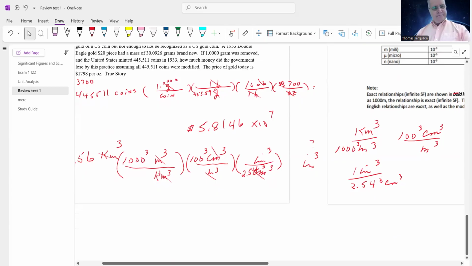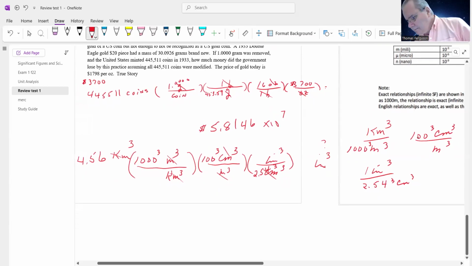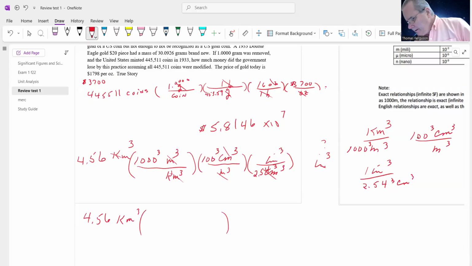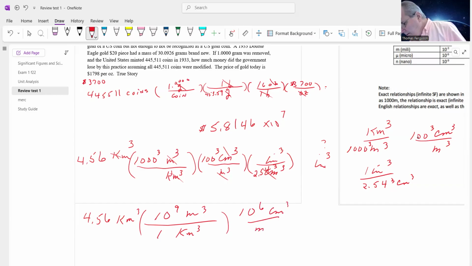So 1,000 cubed is going to be 10 to the ninth. 100 cubed is 10 to the sixth. And then 254 cubed is